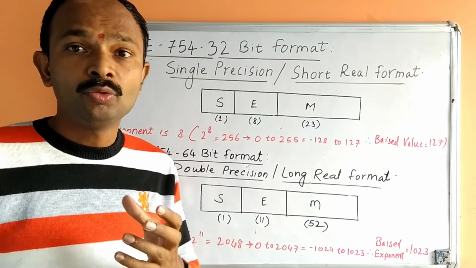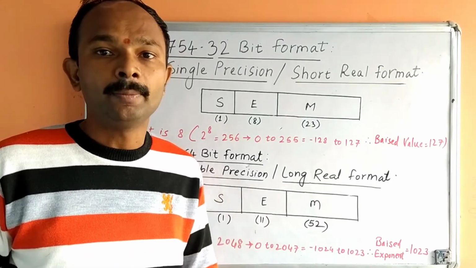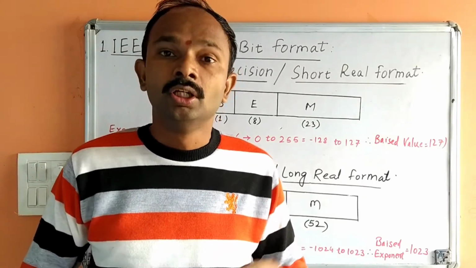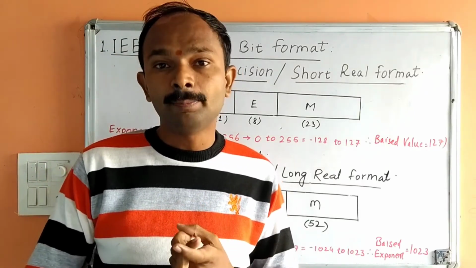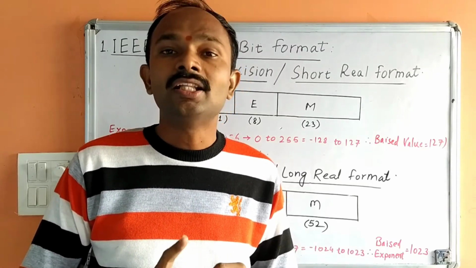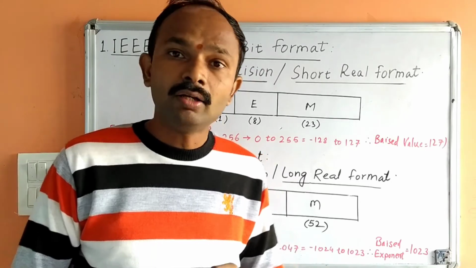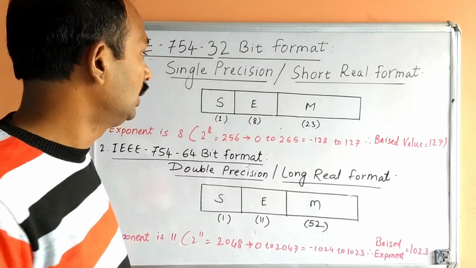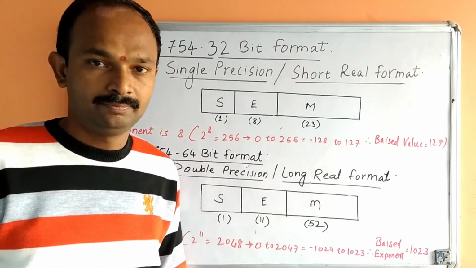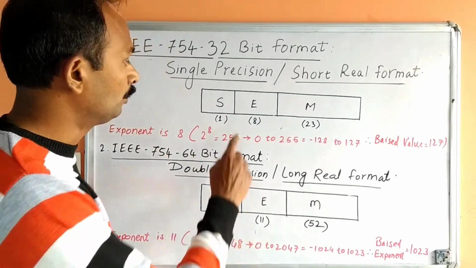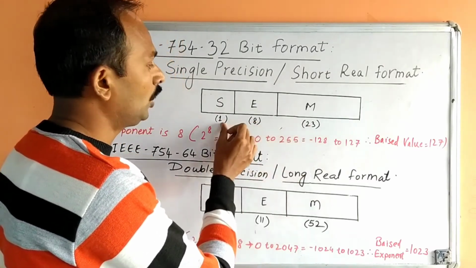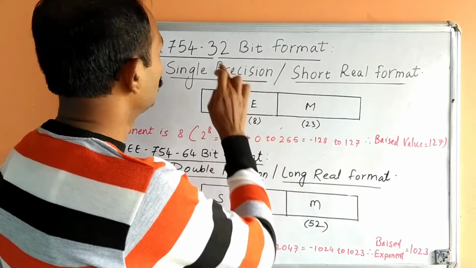Now we know that when we are representing floating point numbers, there are three different things that we need to take into consideration. Those are the sign of the number, the exponent which we are going to calculate, and the mantissa of the number. And in the similar fashion of sign, exponent and mantissa, the numbers are represented. Here you can observe it is a 32-bit register, 23 plus 8 plus 1 is 32, so it is called the 32-bit format.